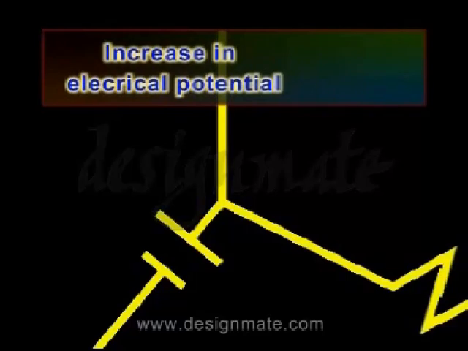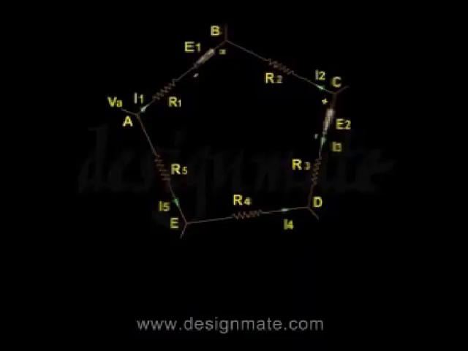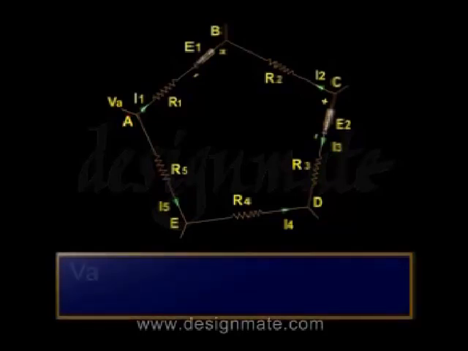The increase in the electrical potential in going from its negative terminal to its positive terminal is equal to its EMF. Further, under stationary conditions, the electrical potential at any point on the circuit has constant value. Therefore, starting from any point on the circuit such as A, if the potential at A is arbitrarily taken as VA,